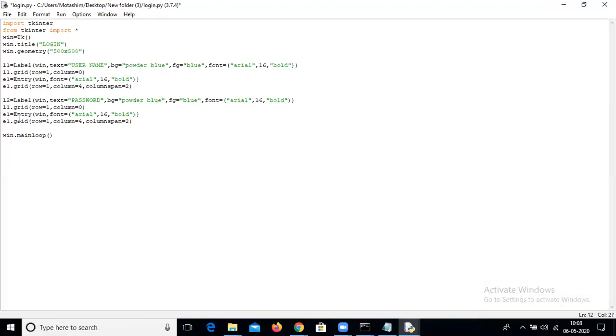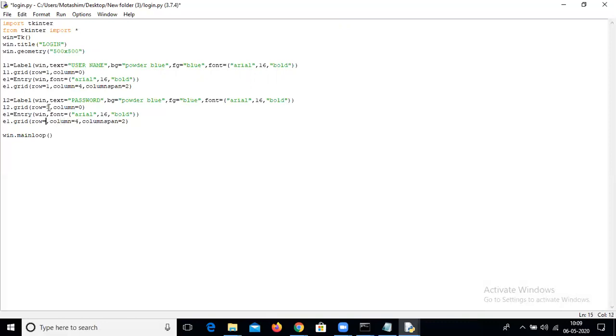So everything is the same. Label 2, row is 3 and column is 0, dot grid.